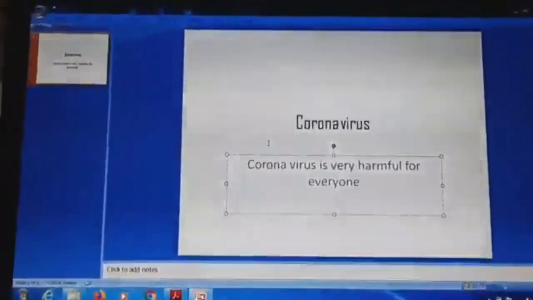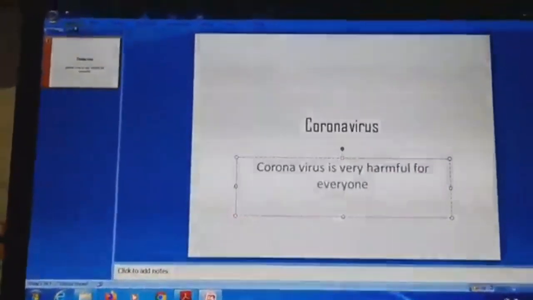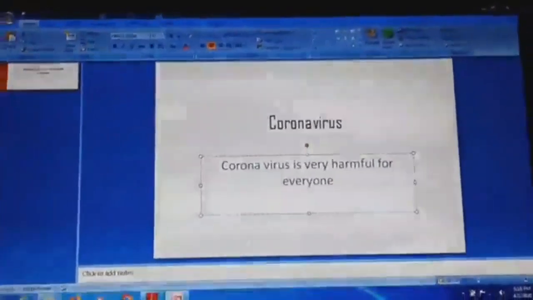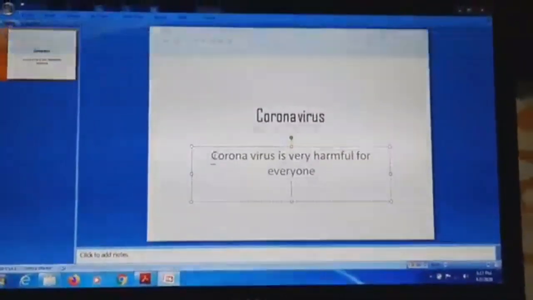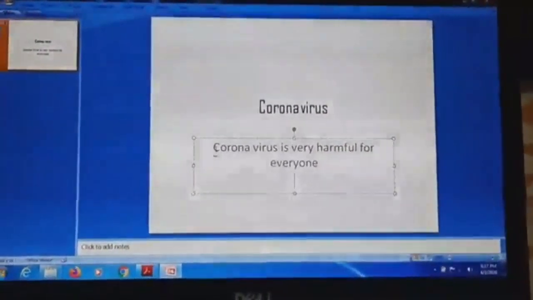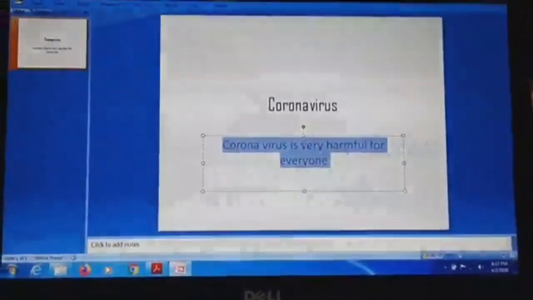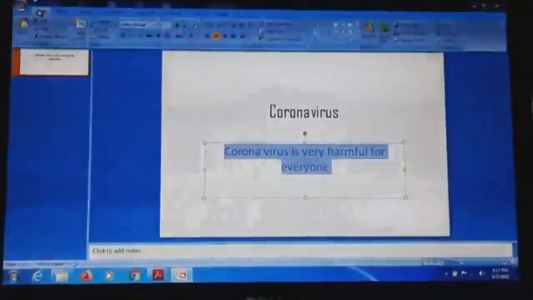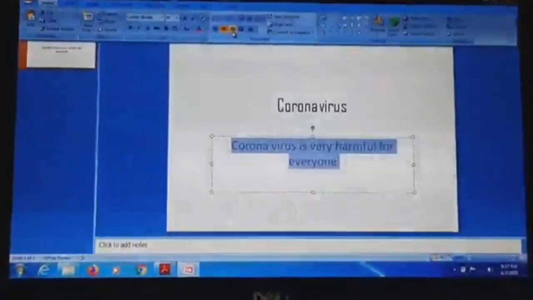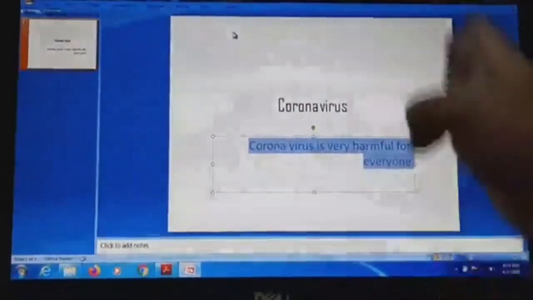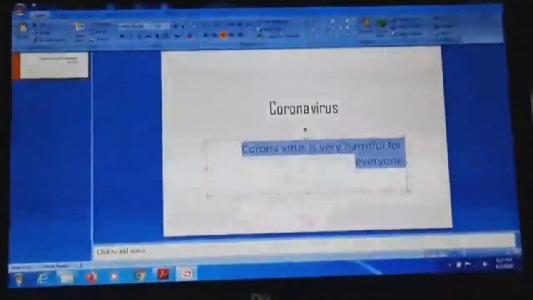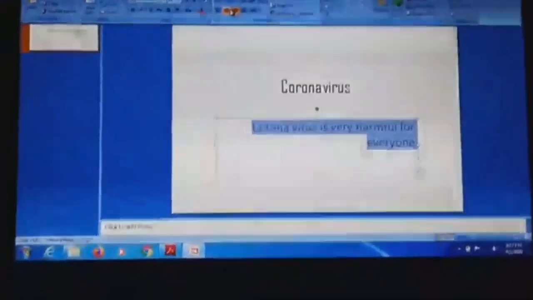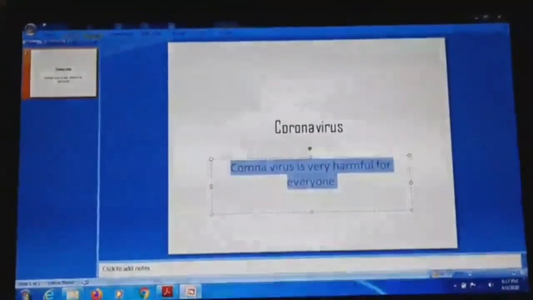After that, we are having right alignment. Means if I want to set my whole text on the right side position, then I have to choose right alignment. So the text appears on the right side only. After that, this is our center alignment. Center align, as the name suggests, will put your whole text in the center position.